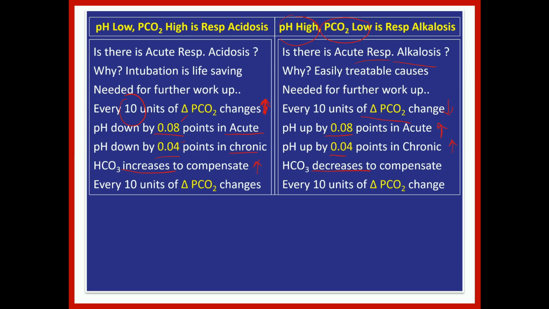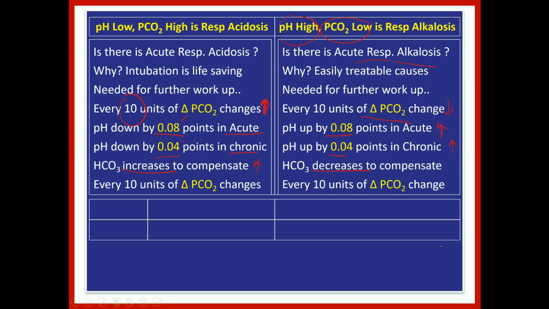Now, I have not yet told you what the bicarbonate change will be. I will give you the bicarbonate change here. Just write down a table like this. Under respiratory, put acidosis on the left side and alkalosis on the right side, and write a table. Label the first line acute and the second line chronic, and put the numbers 1, 2, 3, 4. You start with 1, then 2, come to 3, come to 4. If you remember this, it's very easy to work it out.